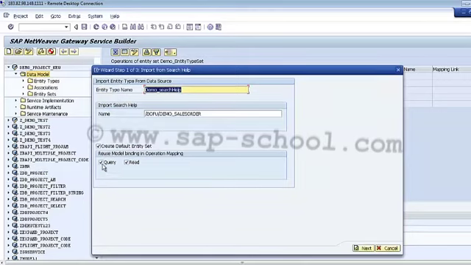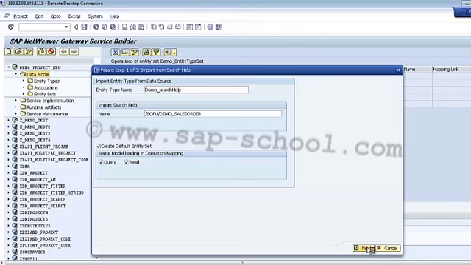After that we have this create default entity set option, so this we have already discussed. Then we have the query and the read. So we can select the query and or read to create an automatic mapping proposal for the query or read operation. So now let's say just select on next.